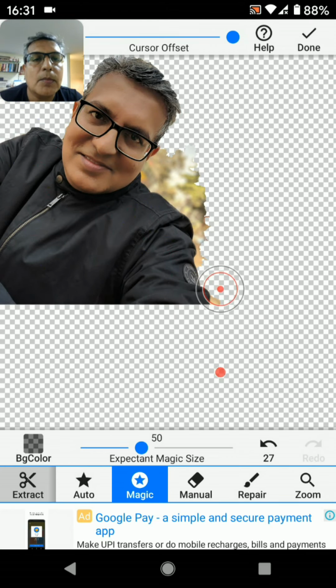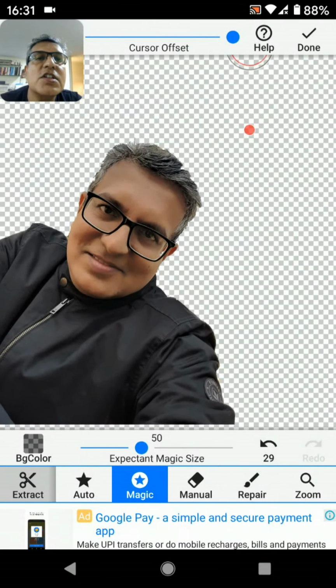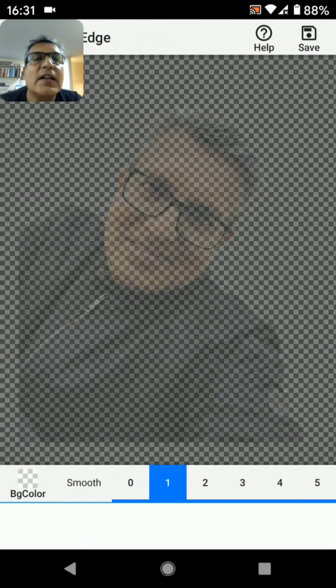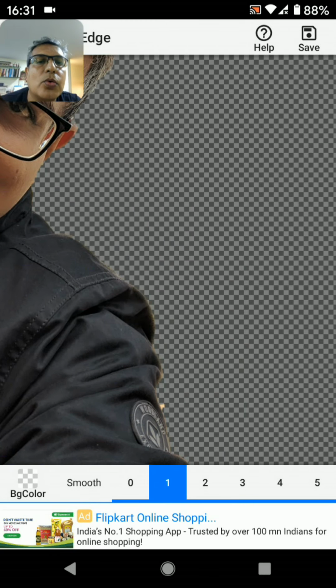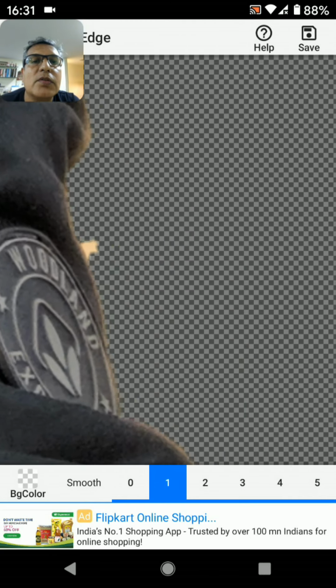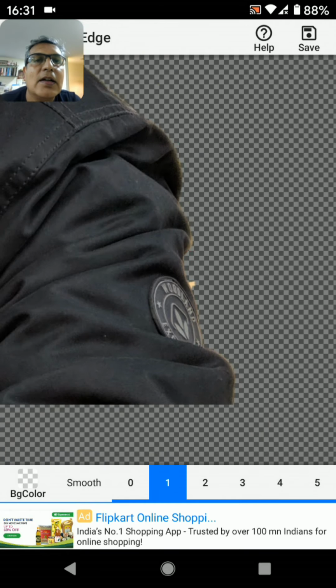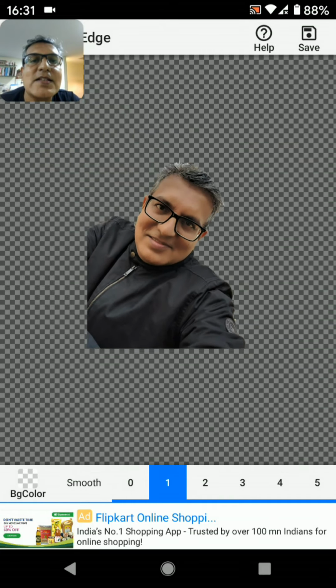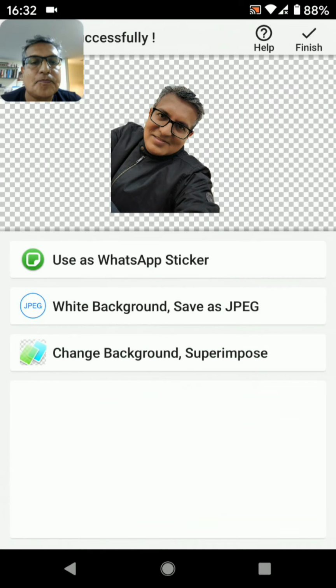Let me just do that a bit faster, since we have to go on to the other 2-3 apps. I hope I have done justice. Let me say done. Yeah, just enlarge and see whether you have left in 1 or 2 spots. If you observe, there is one spot here besides, and I'll just leave it there just to highlight why I said that we need to erase it properly. Let me just save that,